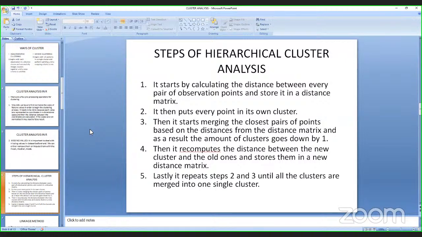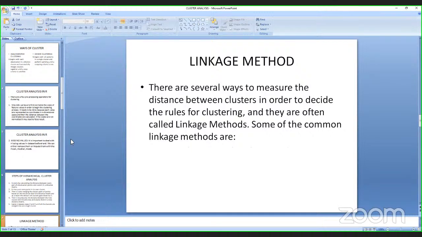Then it again recomputes the distance between the new cluster and the old ones and stores them in a new distance matrix. And lastly, it repeats steps 2 and 3 until all the clusters are merged into one single cluster. There are several ways to measure the distance between clusters in order to decide the rules for clustering, and they are often called linkage methods. There are some common linkage methods. These are